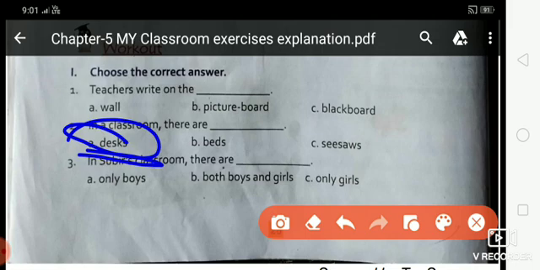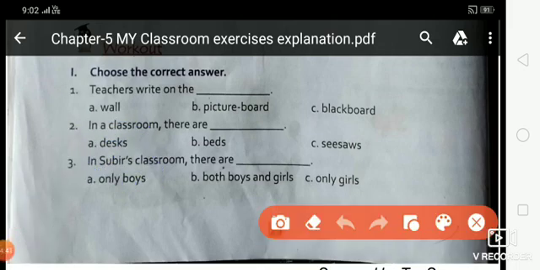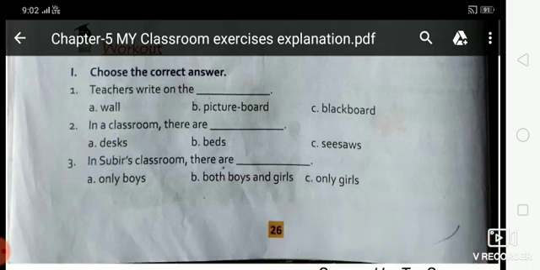To keep their books on the desk. Is that clear? Because students keep their books and bags inside the desk. Is that clear? Now move on to